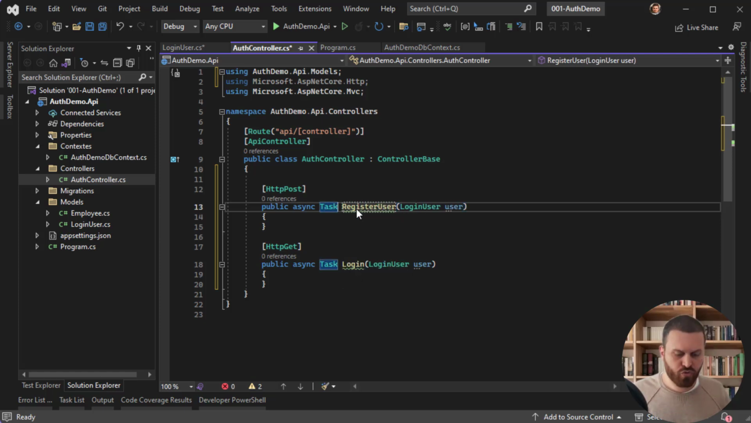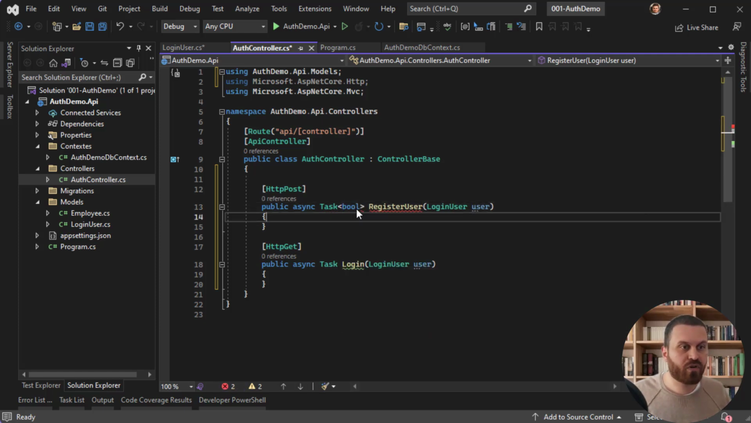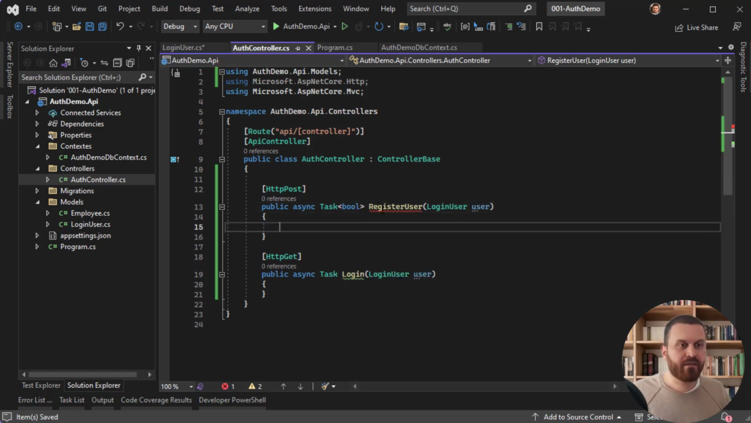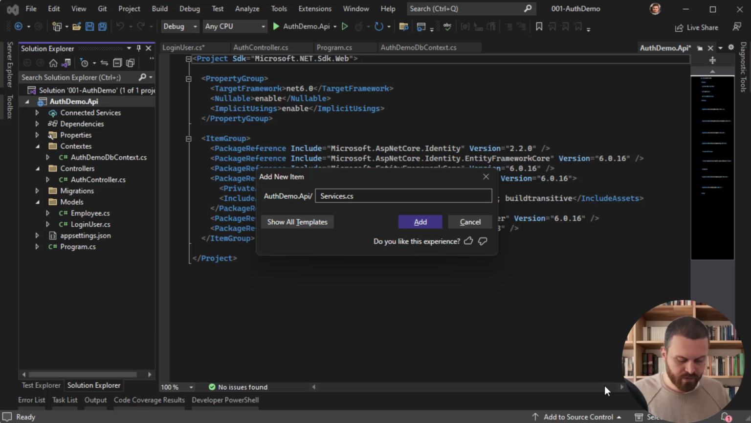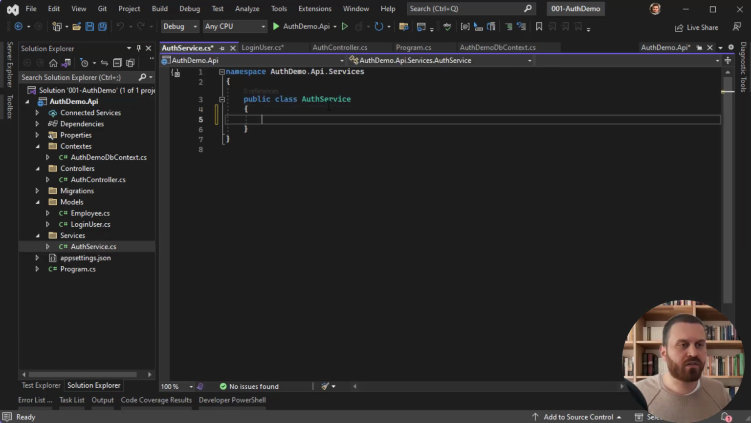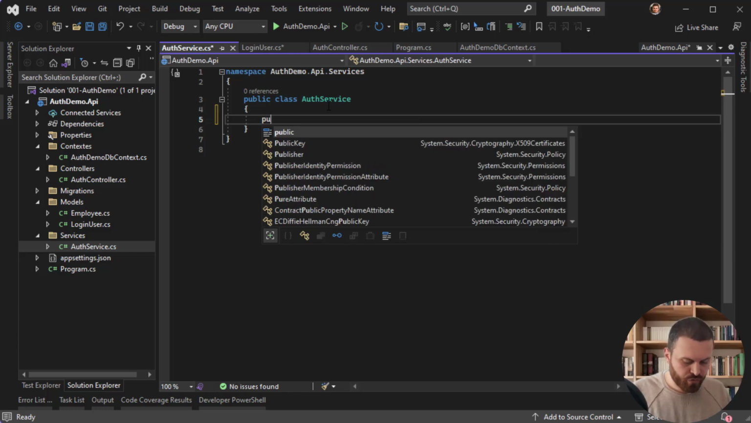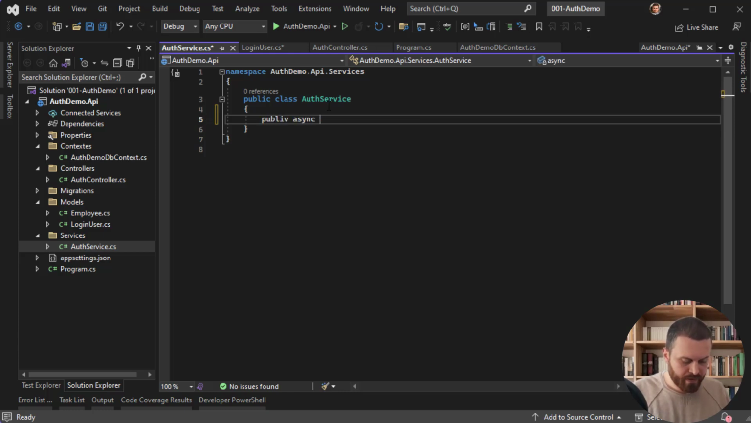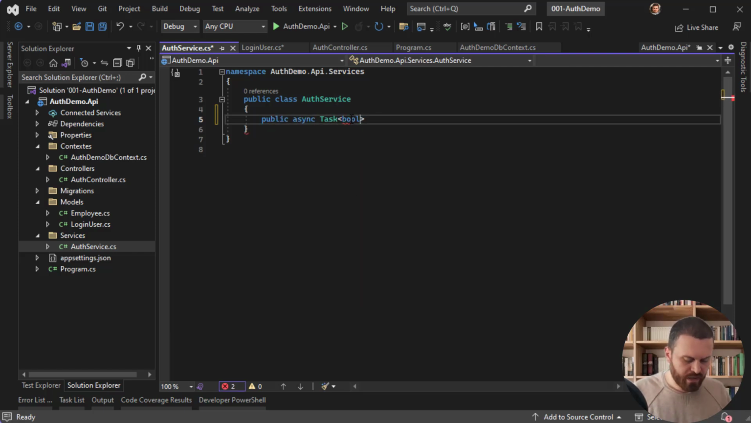I guess I'm going to return a Boolean. I'm not sure. Let's stick to the Boolean for now. And we are going to register a user. For doing that, I'm going to create a service. Services and out service. In out service, I am going to create a method for registering a user using public async task, and I'm going to create it as bool